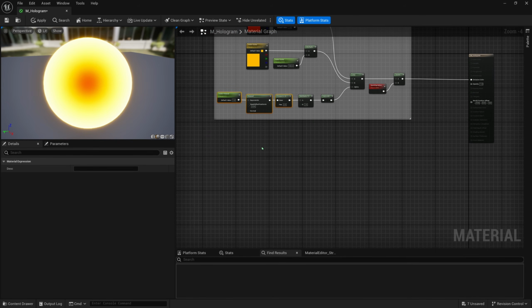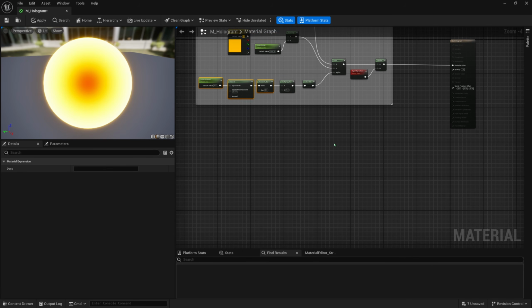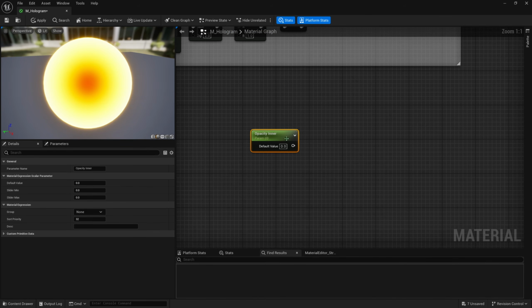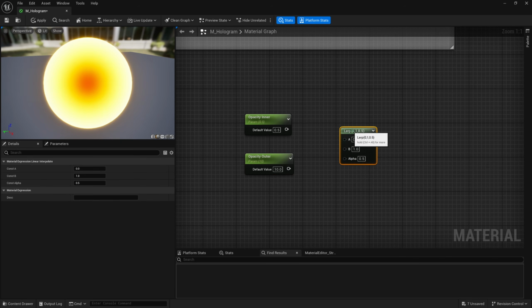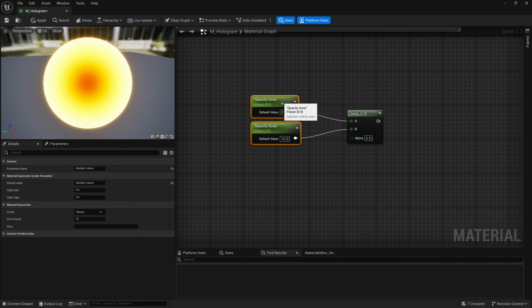All right, from here, we can go ahead and do the opacity. So I'll go down a bit and I'll hold S for a scalar. We'll call this opacity inner, and this will be a default value of 0.5. I'll duplicate this. Opacity outer for this one and default value of 10. And I'll get another lerp by holding L, and then we'll lerp between the inner and the outer